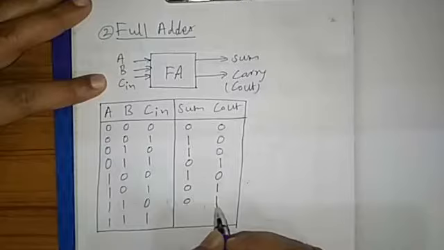A, B, C. A, B, and C. This will be sum expression. Okay. Further, I can simplify this. What can I take common in this? I can take A bar common from these two. If I take A bar common in this, what will remain? B bar C plus B C bar. Now in this, what can I take common? In this, I can take A common, plus A into bracket B bar C bar plus BC.